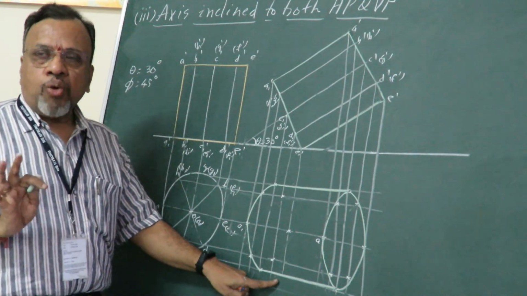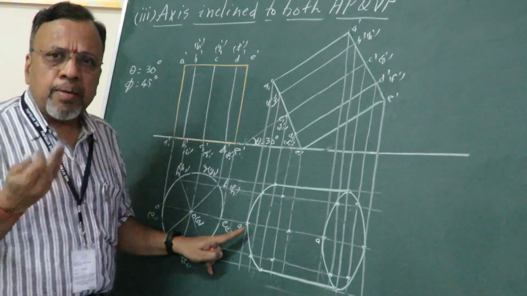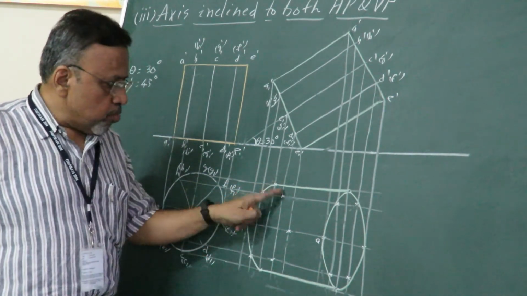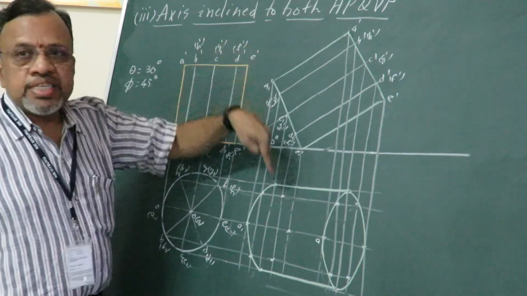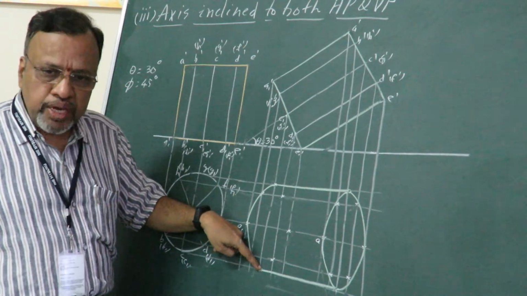Over. Now what else is remaining in this particular case? The other base has to be completed. So the other base I have shown only partly. So what about this portion? For the observer, I cannot see that portion. So obviously, this particular portion of this base has to be dotted.